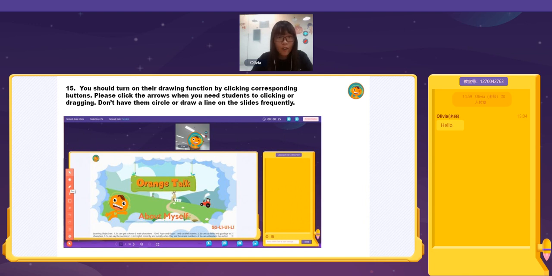Teacher should turn on their drawing function by clicking the corresponding buttons. Let me change to a laser pen. Here it is. As you can see from the screen, you could turn on the drawing function by clicking the corresponding buttons, and you could click the arrows when you need students to click or drag. So when you give the right to the students,